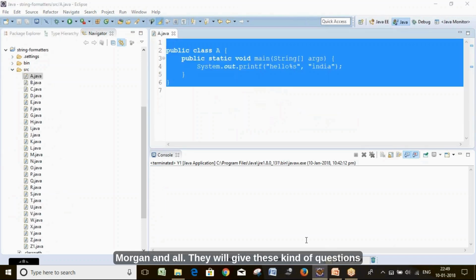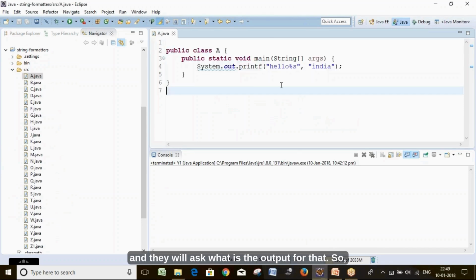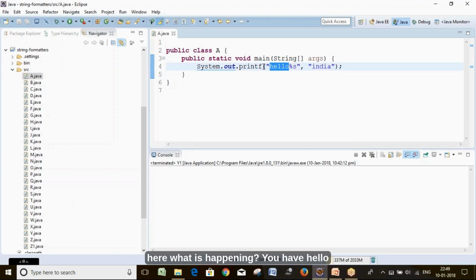JP Morgan and others will give these kinds of questions and ask what is the output. So here what is happening, you have "hello" and "%s India".